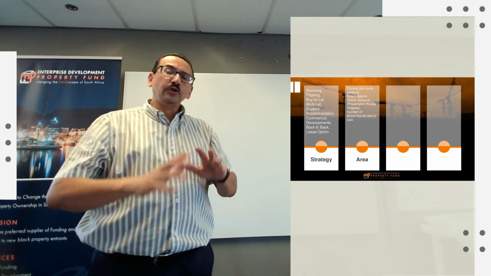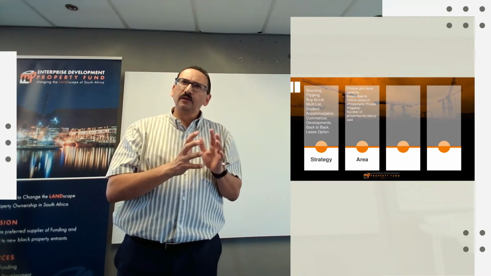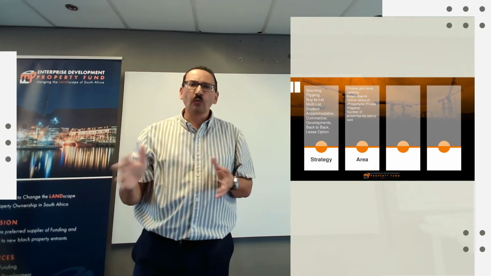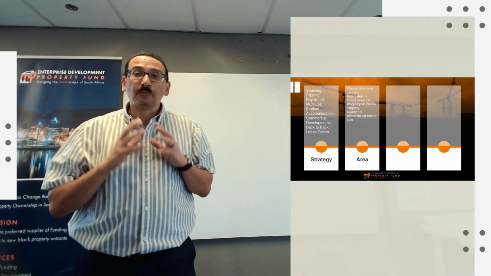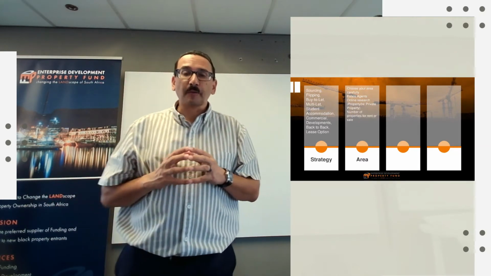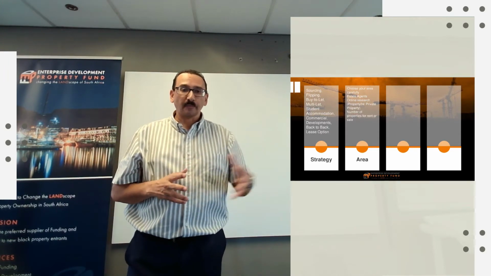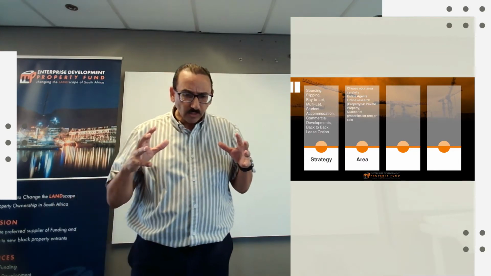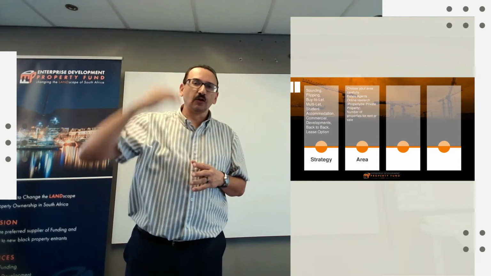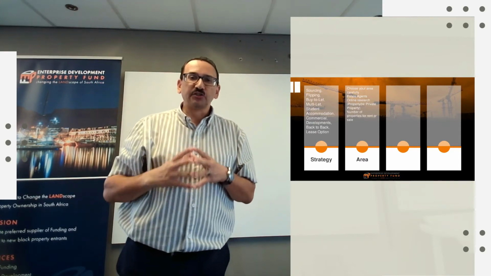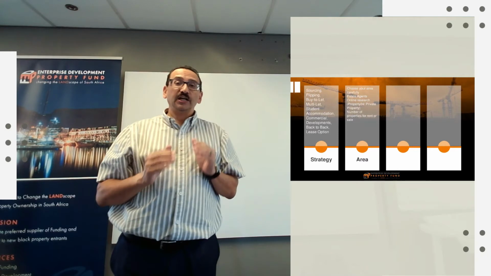Now, typically, when you look at these types of portals, they are generally portals where people are trying to sell at top dollar. Sellers always want more than what their property is worth. So you need to be good at negotiations if you want to buy one of these properties. Identify those properties where the seller is distressed or the property is distressed, and we'll talk about that when we talk about property. But make sure that you don't go and look for those properties that are being sold at top dollar. When you look at those properties, make sure that you can make your money up front by buying below market value. And this is where your negotiation skills come in.